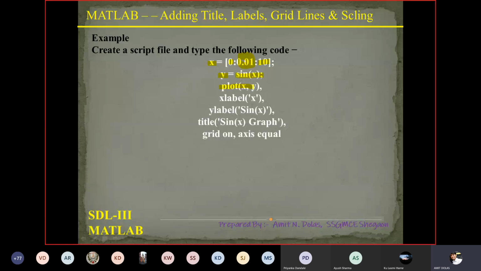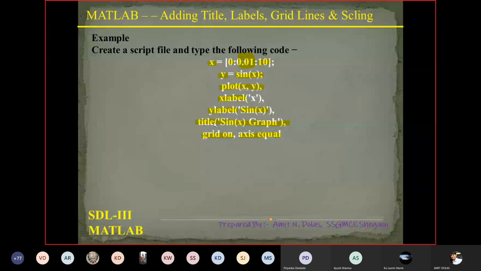And then plot x, y. We label x as x, label y as sine of x, the title is given as sine x graph, grid is on, square boxes you will see, and axes are equal, that is, the x-axis and y-axis will be equal.